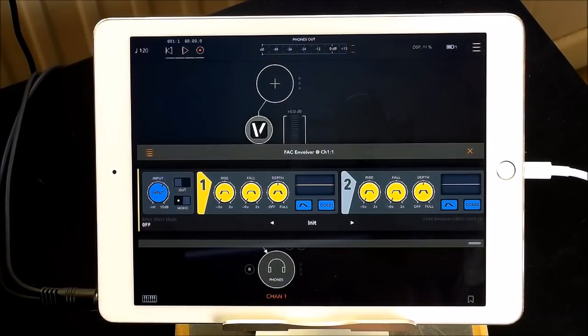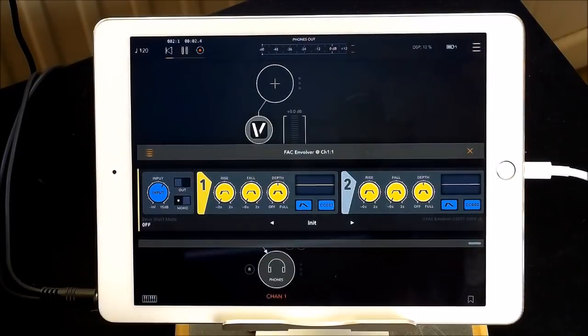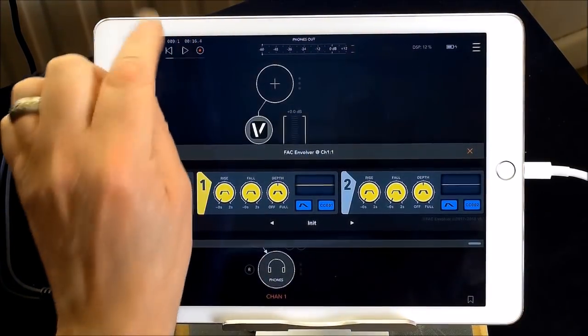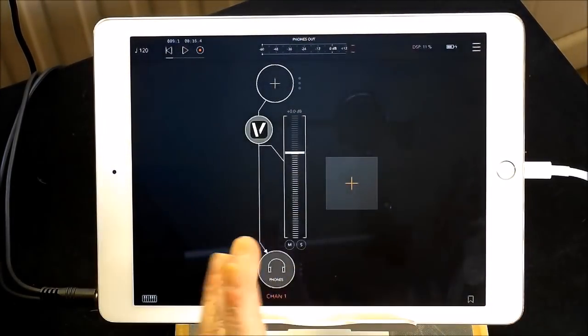So there are a couple of ways you can use Envolver. The most important thing is you need to be able to route MIDI. That's important, you'll see why. You also need to have your transport running in the DAW of choice. At the moment, AUM is just perfect for this, but there's another app coming out soon as well. And Fred Anton Corvest is in discussion with other DAW manufacturers about implementing this kind of thing. So first of all, to set FAC up properly, we'll need to